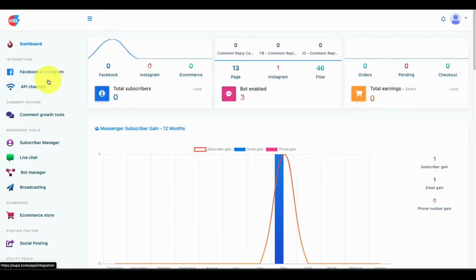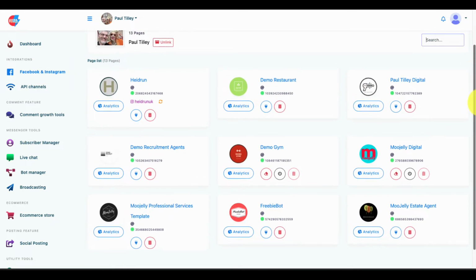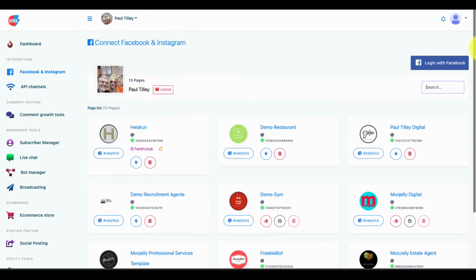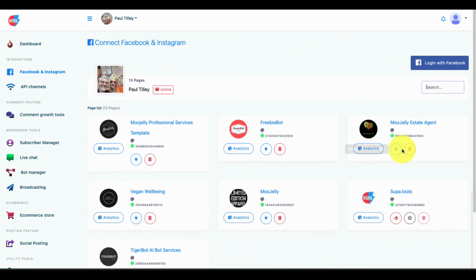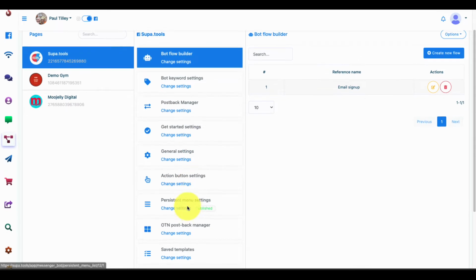So let's first of all make sure that you've got the Facebook or Instagram account connected that you want to use. Okay, so once you've made sure that you've done that, we should get a little on button next to the page that you want to use. So I'm going to use Supa.Tools here. Then you go to Bot Manager. Okay. And in your group that you want to use,